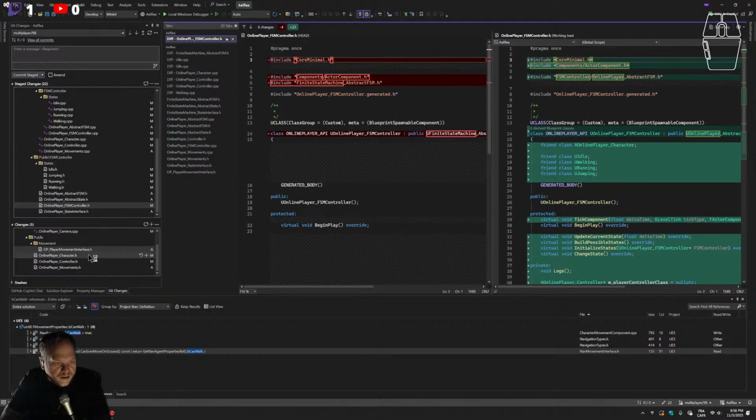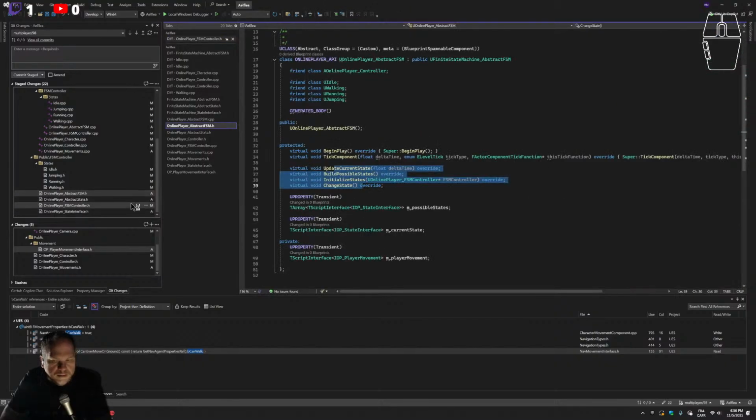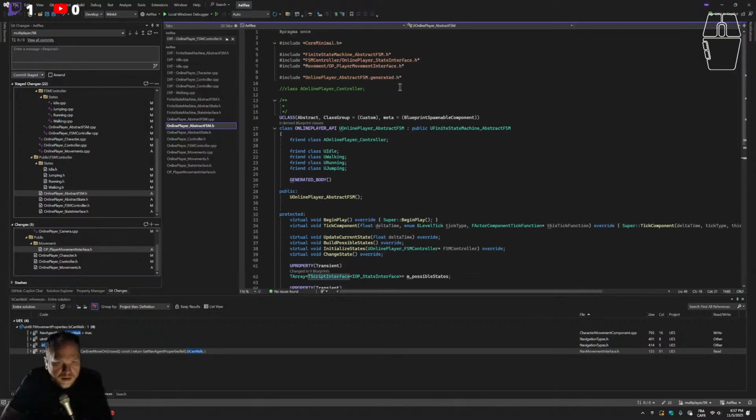It was the abstract. FSM. Yeah. No, movement here. So instead of having a movement class here, I can put the interface in a TypeScript interface, and I don't need to